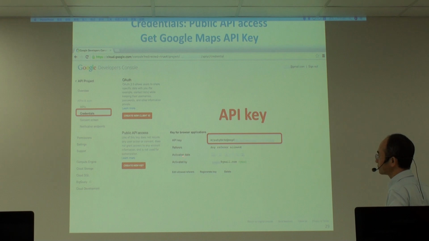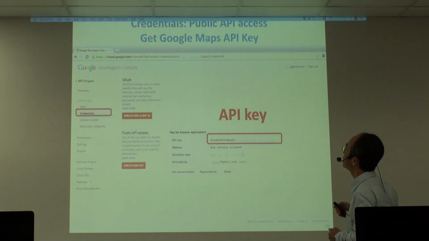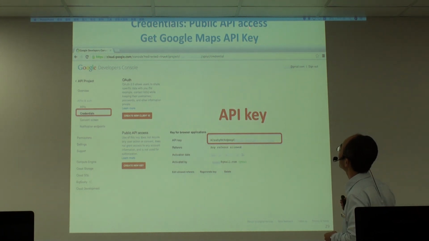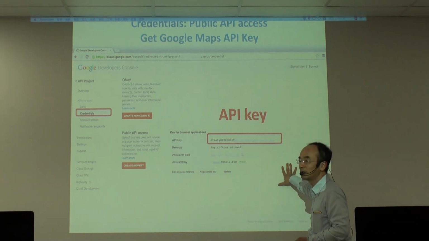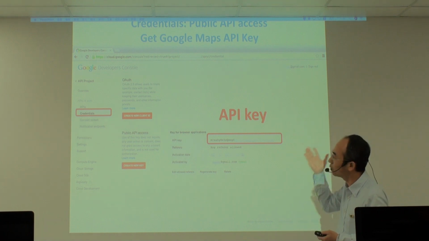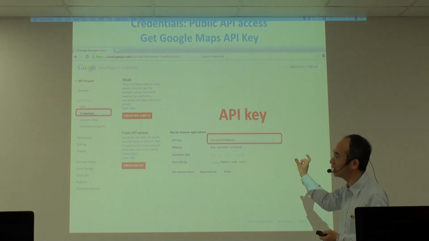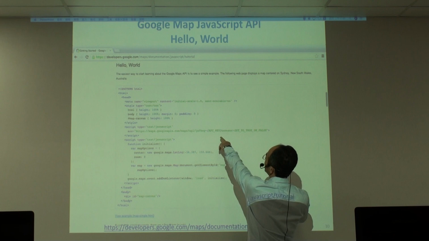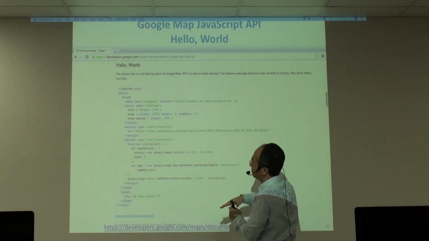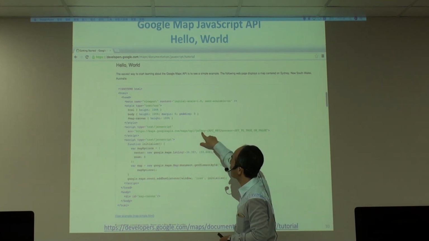And there is an activation date and activation by you, from your Gmail. So here are the credentials, public API keys. So you know how to get the API keys, right? This is the place where you can get the API key. You can copy these API keys and paste them here. For example, this is the hello world JavaScript. You just copy this example code and find there is a